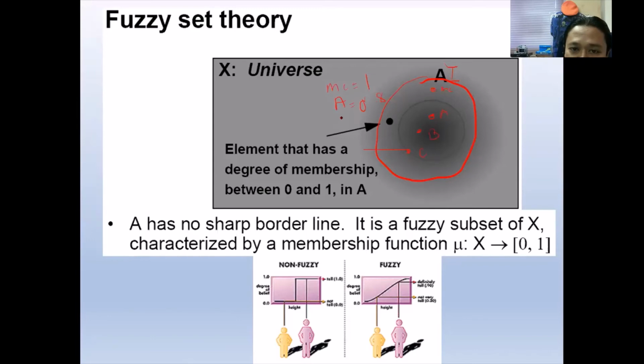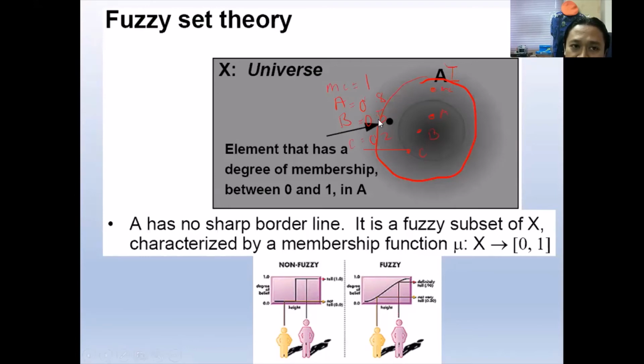Student B is far from me, maybe we can set 0.5. C is also far from me, maybe I can set 0.2. That is what we call the fuzzy set. At least student C has a partial membership, 0.2. B has 0.5, and A has 0.8.